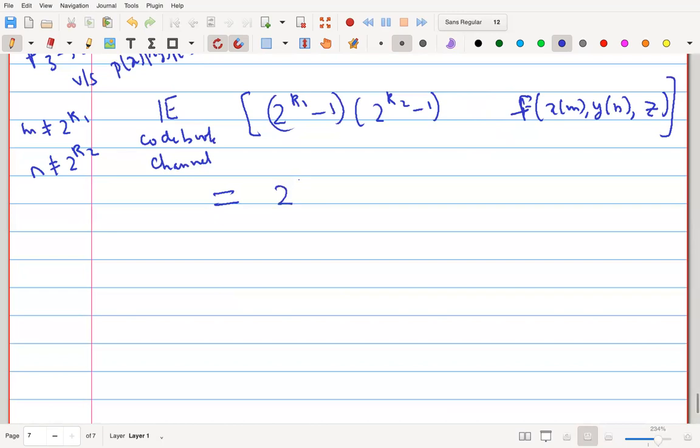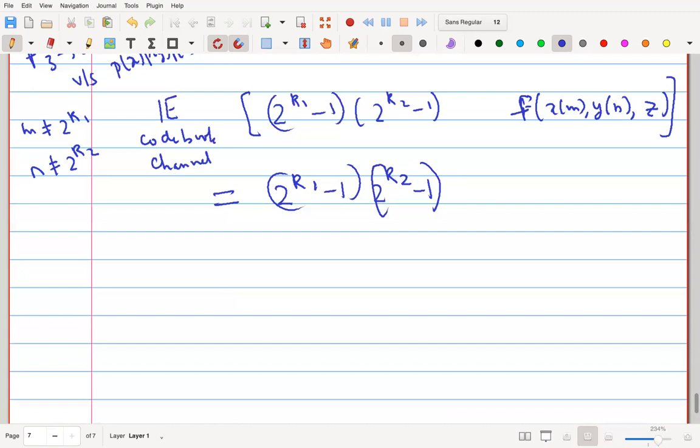Let's at least do one piece slowly. So this is 2 to the R1 minus 1. We are going to evaluate what the expectation of this quantity is over the random choice of the codebook. When you do the random choice of the codebook, the probability distribution on Z is independent of the probability distribution on Xm and Y, right? Because all the codewords for X, X1, X2, X3, were chosen IID from PX,